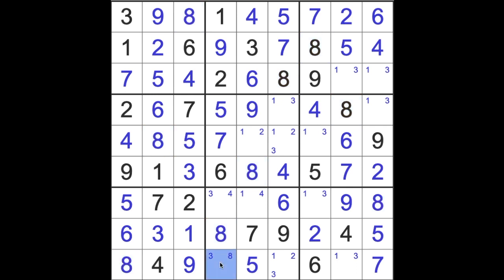This 8 says that that's a 3, and now that's a 4, and so we have a 1 here. 1 here gives us a 2 there. Let's get rid of candidate 2. Now we've got 1 and 3 down here, so we have to remove candidate 1, candidate 3, and we are left with a 2. Or you could just count through and say 2 is the one remaining number in this block. As I say, many ways to play Sudoku and come up with the same number. 3 blocks this square here, so this is 1. This is our final,